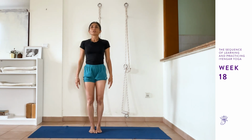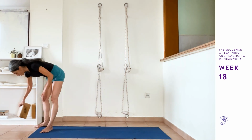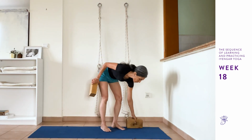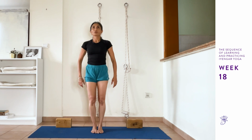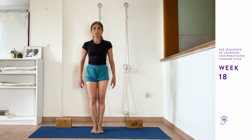Next, we go for Utthita Parsvakonasana. I'm going to keep 2 blocks behind me. You can also place them. Stand with your big toes close, extending your big toes, bringing your outer shins in, creating a compactness on the